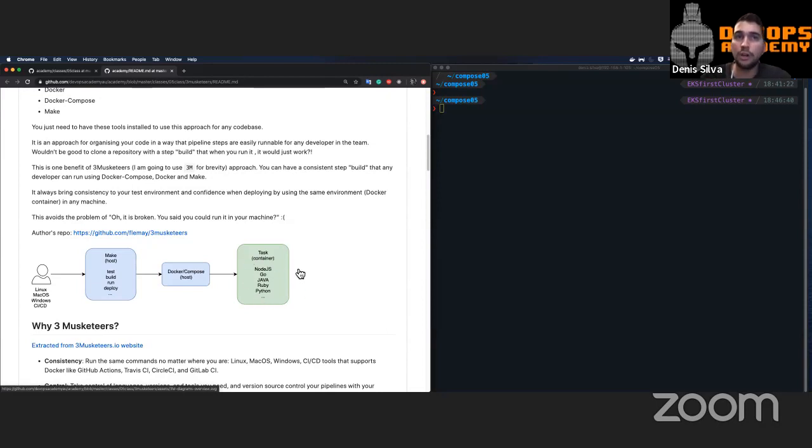It will do the job inside the container and output the artifact if needed. But the process is always consistent. If you have 10 repos, you will have, for example, make build, make test, make run. So it's easy for new developers to understand how things work, because